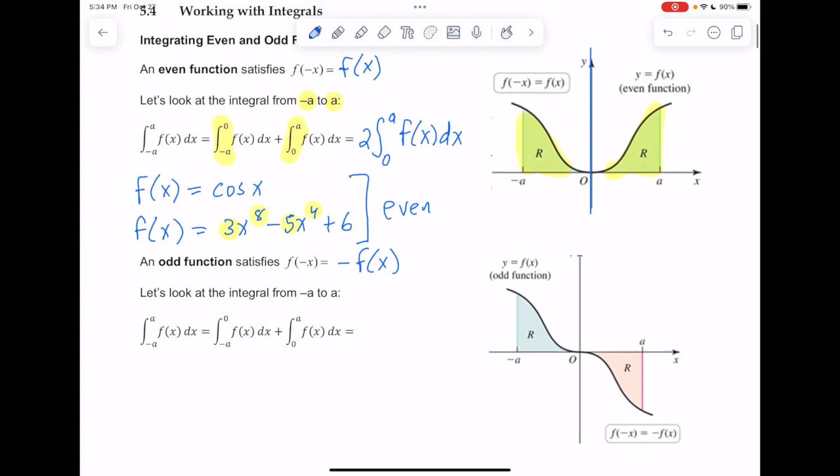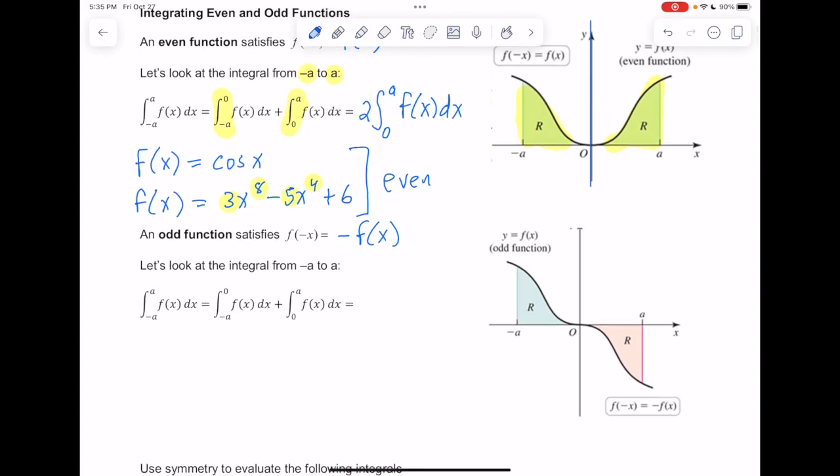And what's special about odd functions is they're symmetric about the origin, which means that if you take a point somewhere on the graph, and then from that point you draw a line through the origin, then it'll go back onto the graph like an equal distance away on the other side. So that's what symmetry about the origin looks like. And now let's suppose we had symmetric bounds like we were talking about for the even function, so that we were going from negative a to a.